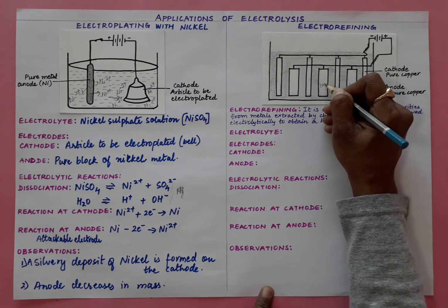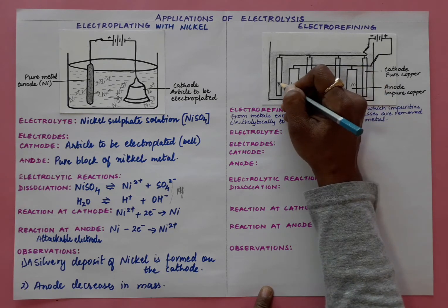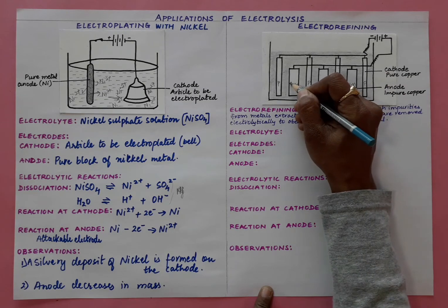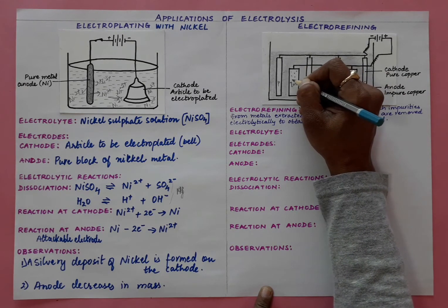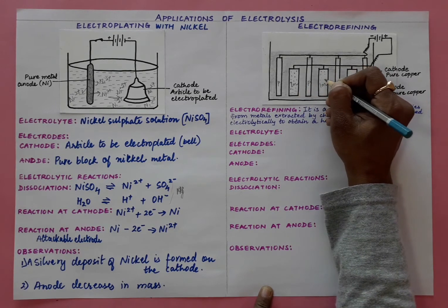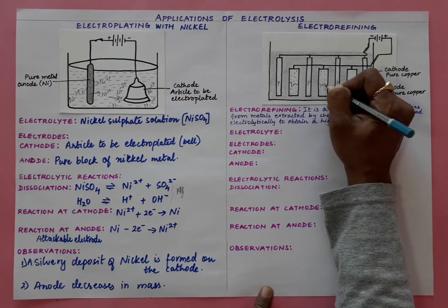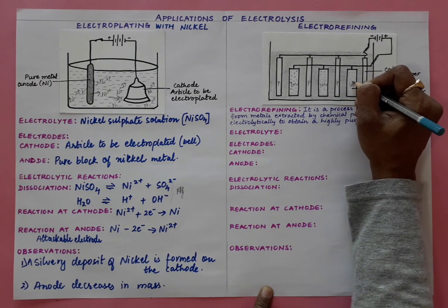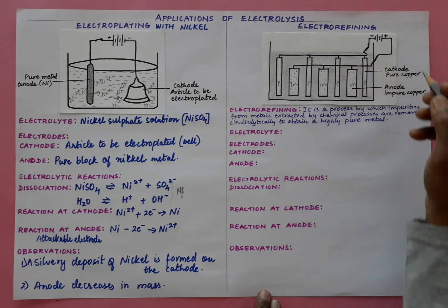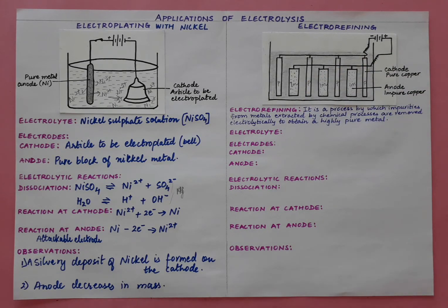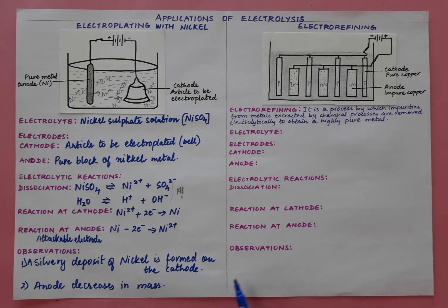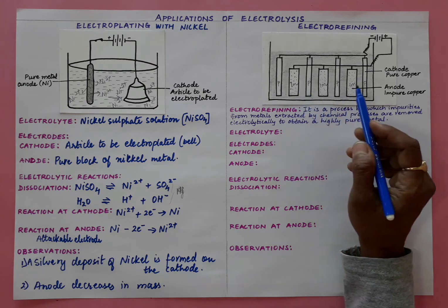The thick blocks are impure blocks of copper and thin blocks are pure blocks of copper. So we want copper from this impure block. There are a lot of impurities, but imagine that these are the atoms present in the impure block. These are the atoms of nickel which are present in the impure block of copper, and these are the atoms of copper. Now, these atoms we actually want. Impurities we don't want, we want these metal atoms.